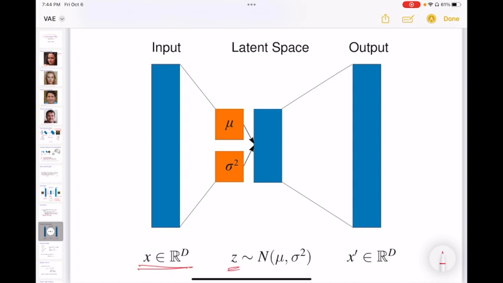But instead of getting the embedding Z directly, we try to predict the mean and the standard deviation of the distribution from which this embedding Z is sampled, right? So instead of directly getting the value of Z through the encoding layers, we predict two different values using a bunch of nonlinear neural network encoding layers